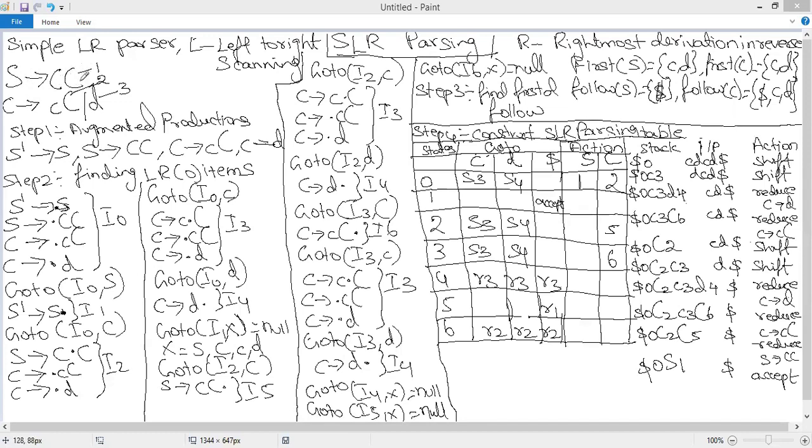There is no element after the C. So this follow of C is nothing but follow of S. What is follow of S? Dollar. So we have to mention dollar, comma, for this non-terminal C,